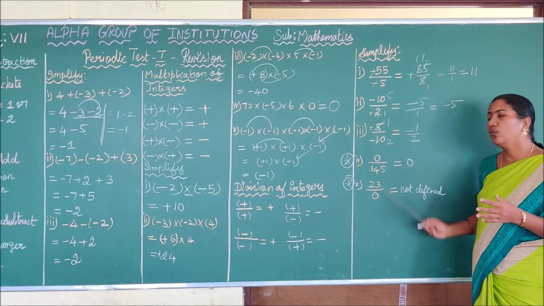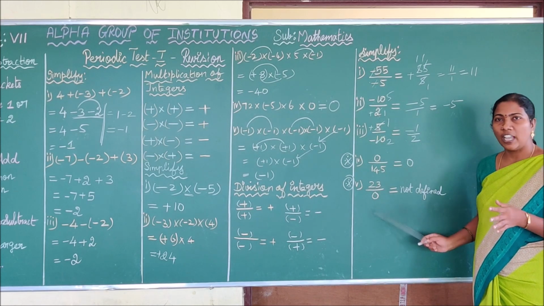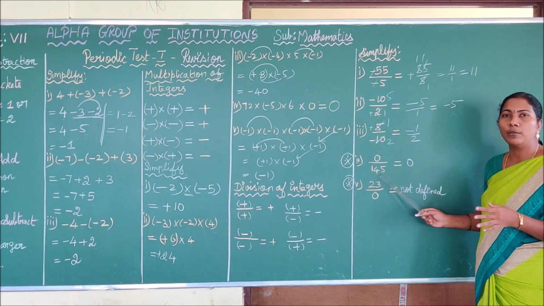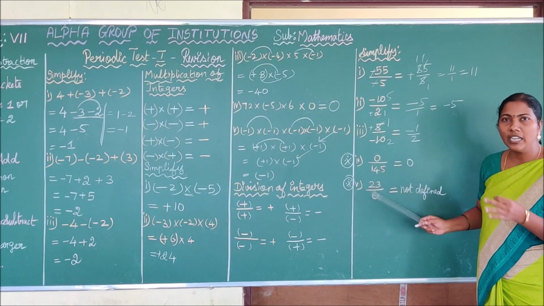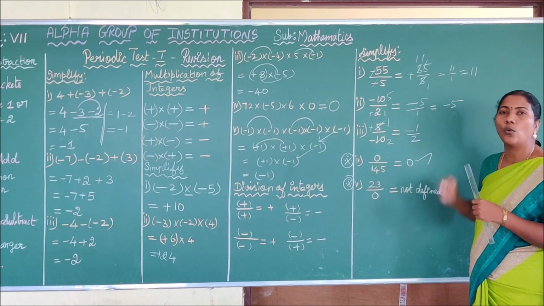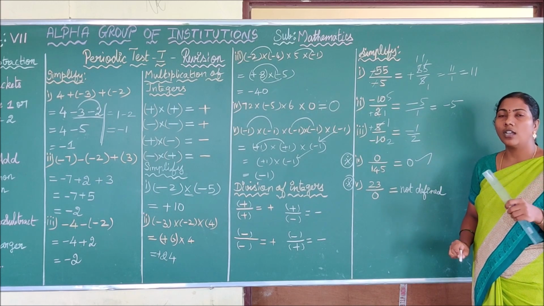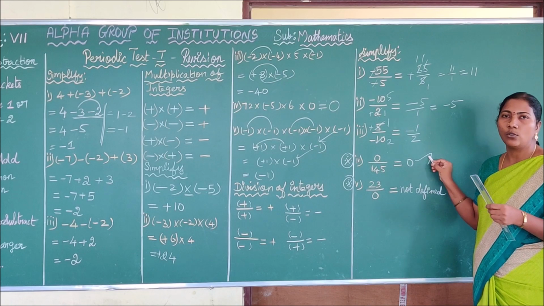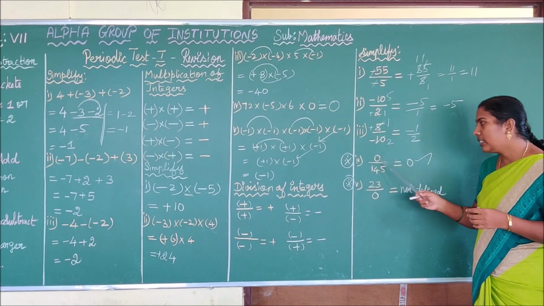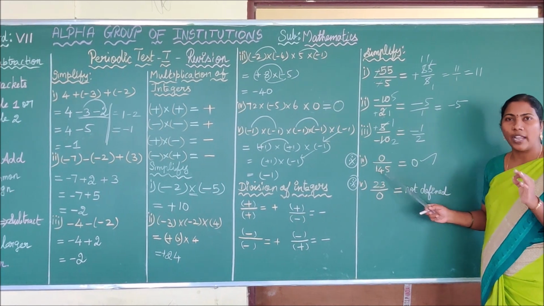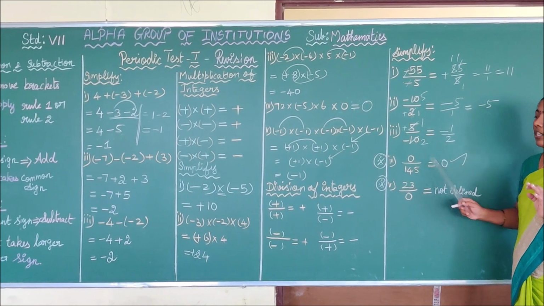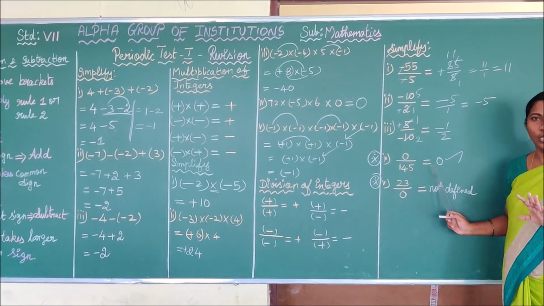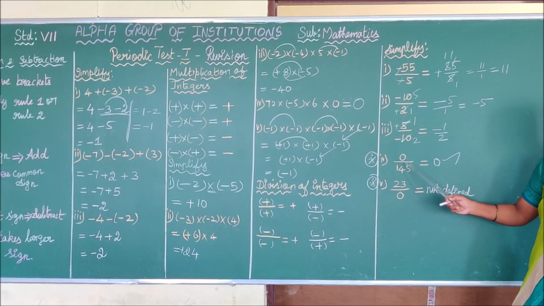Definitely you will have these two questions in your question paper. Listen carefully. If you have the numerator as 0 and the denominator as a number, that means if you divide 0 by any number, your answer is 0 only. In the last question paper, unit test 1, many of you have written the denominator as it is. Okay, don't do that, children. If you divide 0 by any number, your answer is 0. Okay, 0 by 10, 0, 0 by 1 lakh, 0, 0 by 1 crore, 0. This is very important. Keep it in your mind.